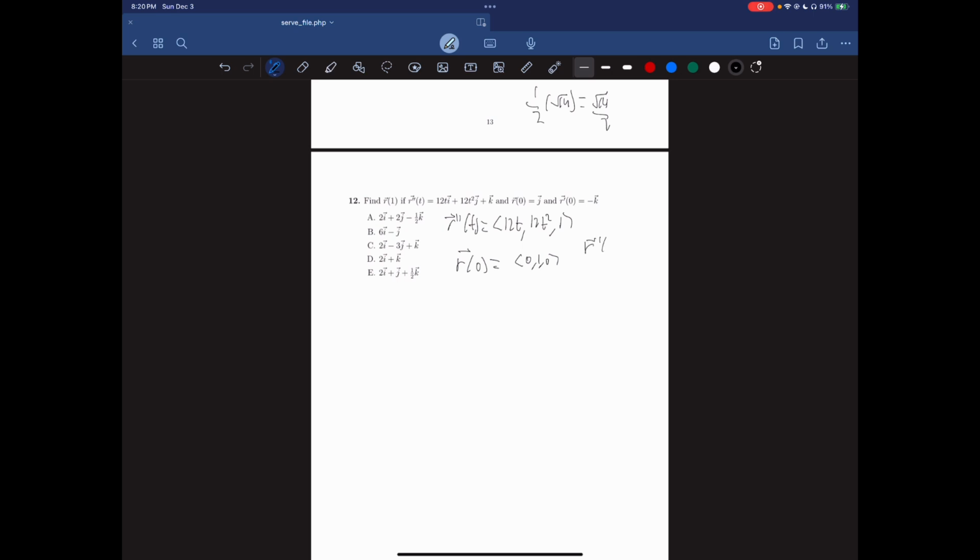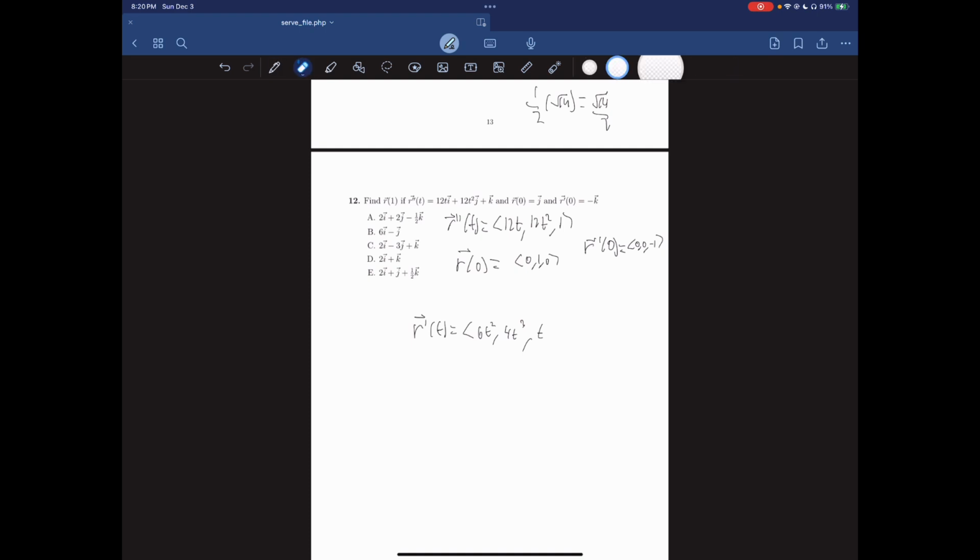finally, okay, and looking for r of 1, so we're just going to integrate r double prime of t twice, which is kind of a pain, but we will do it. We have to. r prime of t should be, and remember we need to add our constant, so we want r prime of 0 to be equal to negative